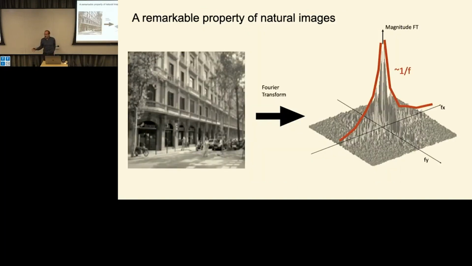Okay, here is another remarkable property of natural images, also very popular in the 70s, which is that if you take an image and you compute the Fourier transform, which hopefully some of you are still seeing in class, and you compute the magnitude, so the absolute value of the coefficients of the Fourier transform, it always drops with a 1 over f profile. That means that most of the energy is concentrated in the very low frequencies of the image, and as you go to higher and higher frequencies, the amount of energy drops with 1 over f. This is a remarkable property. I challenge you to take a picture of something in the world that does not follow this property. It's a really remarkable property of natural images. This is not a property that just noise has.